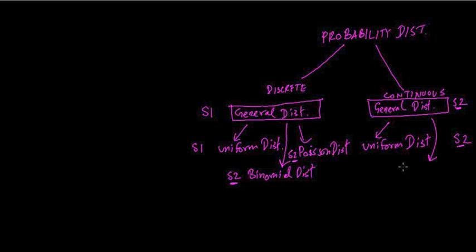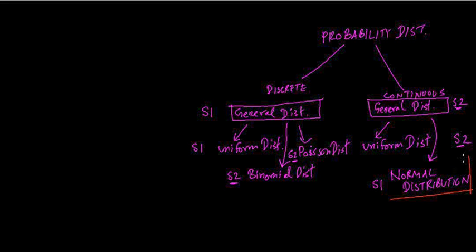Now, there is one type of continuous distribution, that is the normal distribution, and that's what we are talking about. The normal distribution. So this is in S1. So when we talk about the normal distribution, we are actually talking about a continuous distribution. So far we have seen the general distribution, we have seen the uniform discrete distribution, and the final distribution in S1 is the normal distribution. So in S1 we have these three distributions, the general discrete distribution, the uniform discrete distribution, and the normal continuous